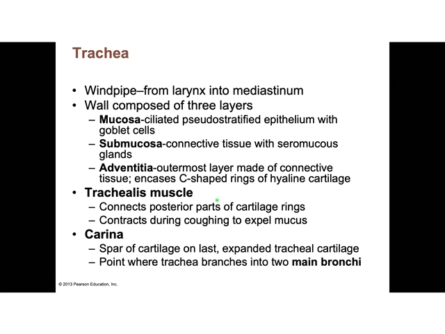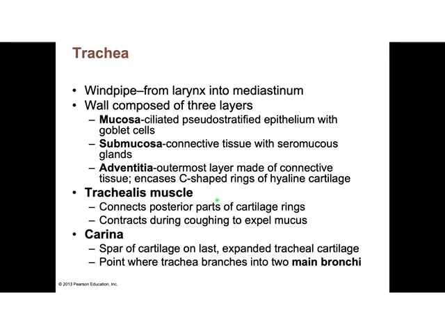There are three layers in the trach: the mucosa, the submucosa, and the adventitia. Mucosa is actually multiple tissues. The tissue that lines the lumen is pseudostratified ciliated columnar epithelium. Goblet cells make mucus that traps particulates and pathogens. And of course, the cilia move that mucus up towards the oral cavity, where you can spit it out or swallow it. The submucosa is connective tissue with seromucous glands in it, okay, and it also serves to attach the